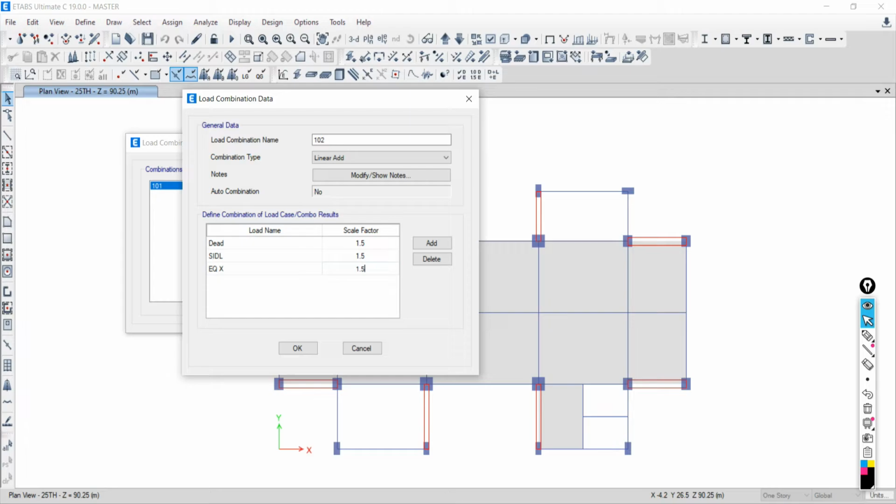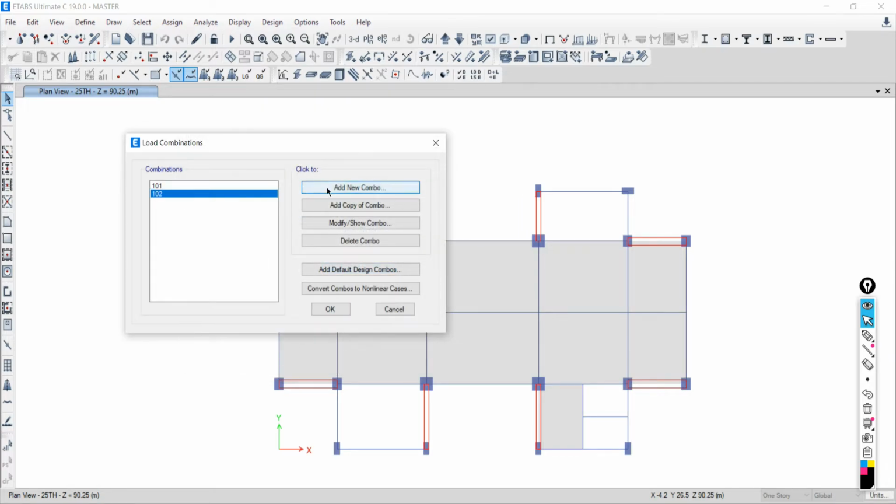Live load is not there, so no reduction is needed. Say okay. This is for positive X.